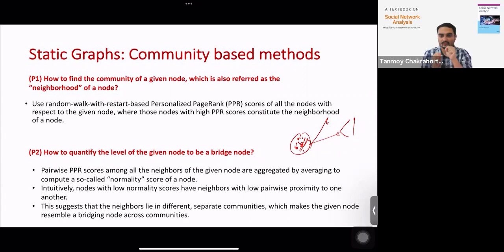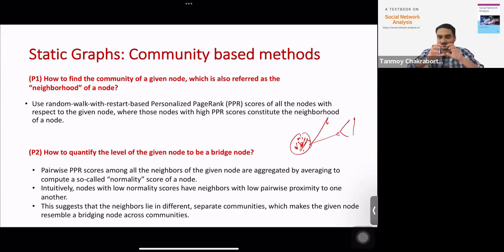so what you do, you take a node. You do some personalized page rank, you do random walk with restart, and basically use those neighbors through which this random walk passed as the neighbors. So you start from here, you do random walk with restart, and it is basically kind of a sampling approach. You sample the neighbors. So if nodes are present within the central part of the community,